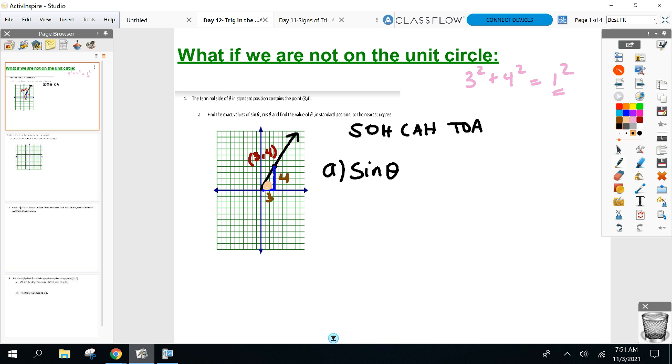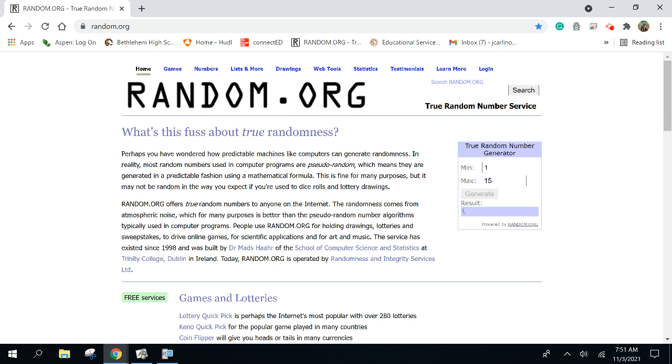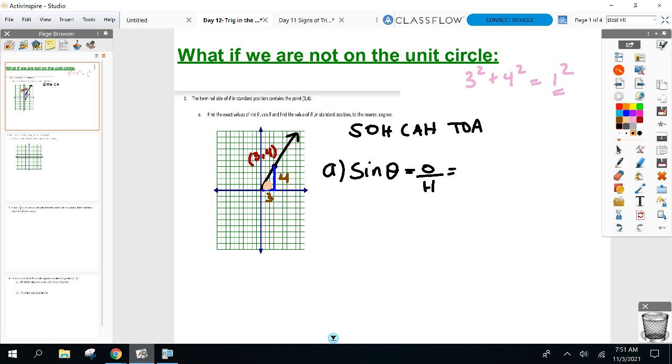What sides do I need for sine here? Opposite and hypotenuse. Good job. Opposite over hypotenuse. So again, there's my angle I made in the first quadrant. Everyone look at that angle. What's the opposite side to that angle? 4. What's the opposite side? 4 over